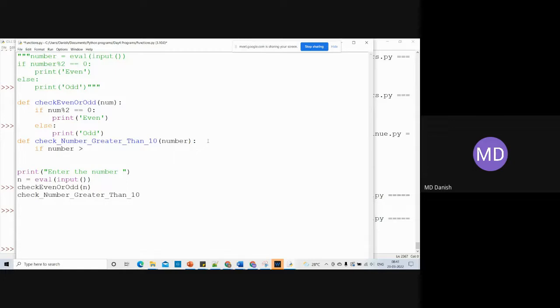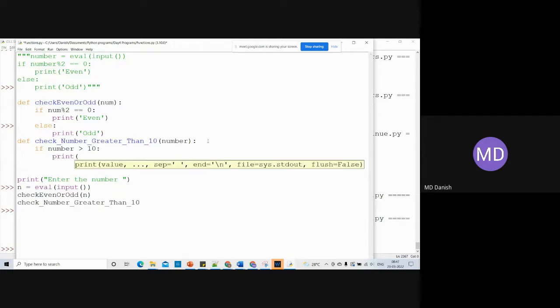Number is greater than 10. Print number is greater than 10,